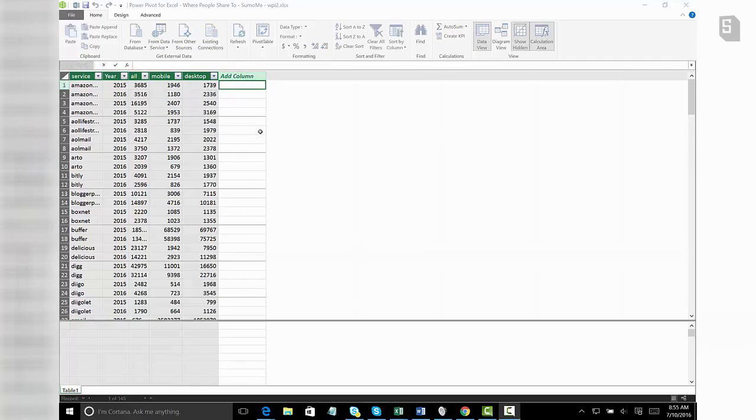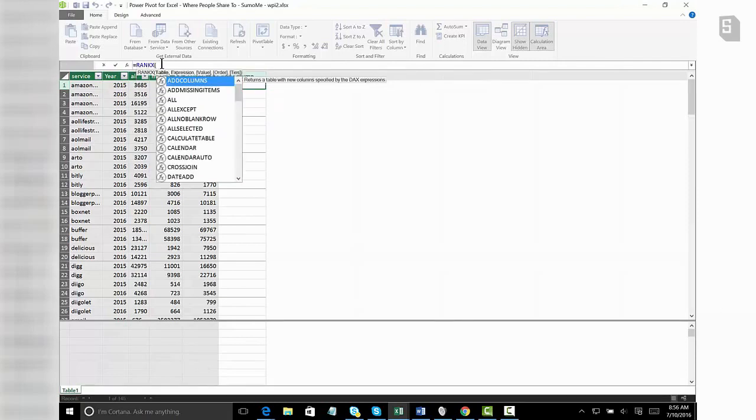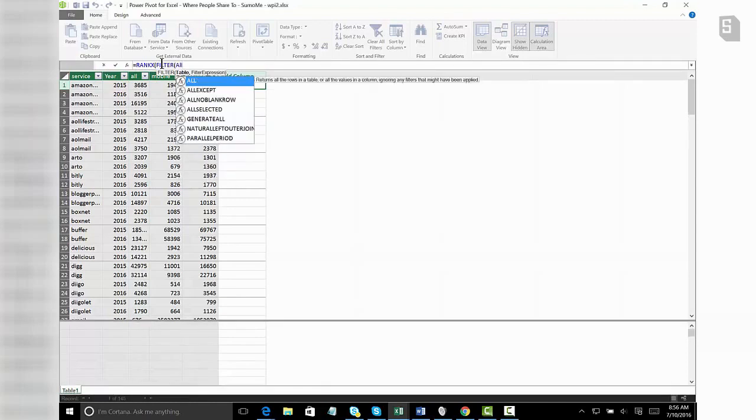Alright, so here is where we're going to add our ranking. So we're going to select this column, and we're going to go ahead and, just like in Excel, do equals. We're going to use the RANKX function to do this ranking. So first we're going to enter in rank. As you start to enter it, you'll see the pop-up, so we'll just select it there and press tab. And we want to add a filter keyword or function in here so that as we're filtering it with a slicer, it filters correctly. So we'll start typing filter, hit the tab again, and then we want to filter over the entire table. So we'll add our ALL keyword, and we'll just say, I'm going to select all here,